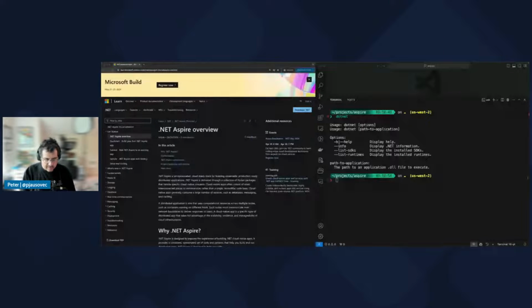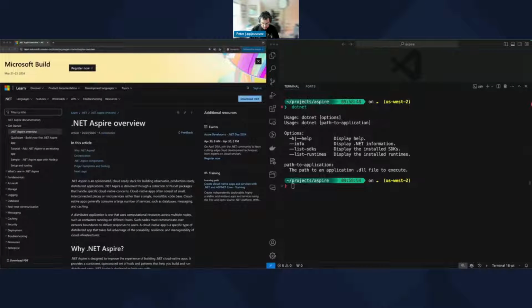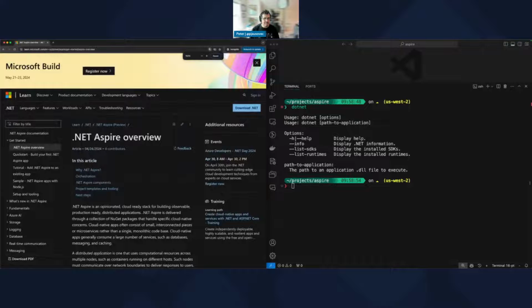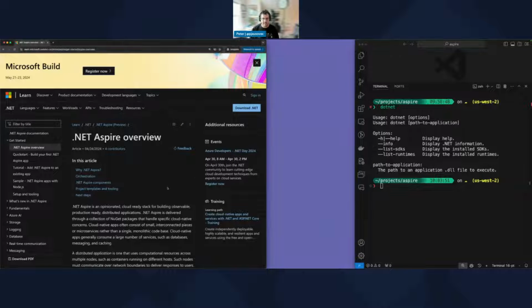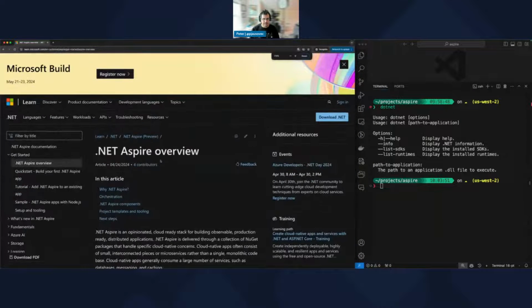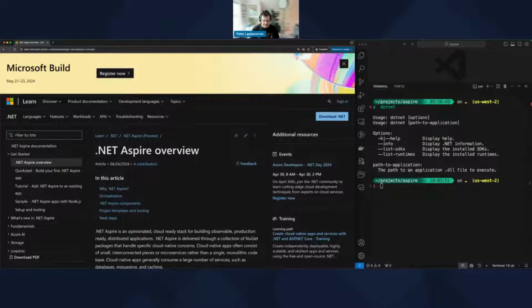I used to do C Sharp at the beginning of my career in .NET, but I haven't done it in such a long time. So I saw the news that they released, I think, preview 6. I don't know when the initial preview 1 went out, but it was released a couple of days back. So I figured it would be interesting to look at and see what's happening in the